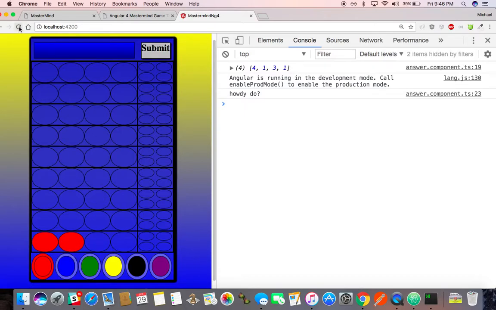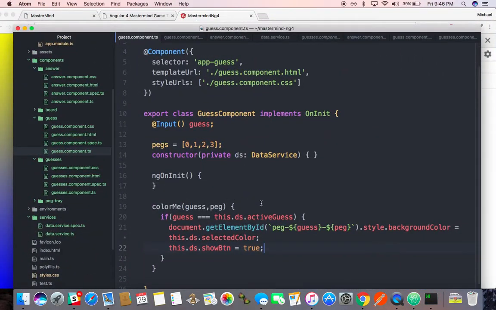By the way, I'm going to refresh this. What happens if I click this right now? It shouldn't do anything, because it only should work if I have a selected color. But it works anyway. That's kind of a bug. So where would we fix that? I would say right here, because this is when I click it, and I want to say only do this if we're on the right bar, and